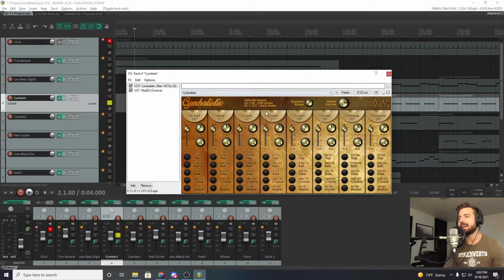Velocity is how hard you're hitting the keys. With MIDI, because it's not true audio, it doesn't have perfect dynamic response depending on how hard you hit things. So things will have velocity layers, so different cutoff points for doing different sounds for a lighter attack versus a heavier attack. This one has 2.